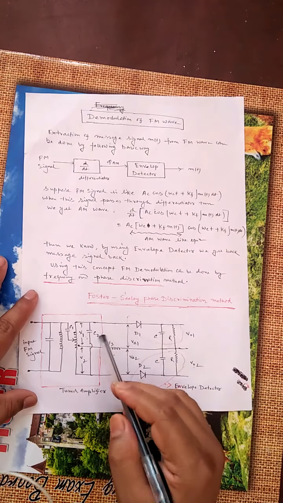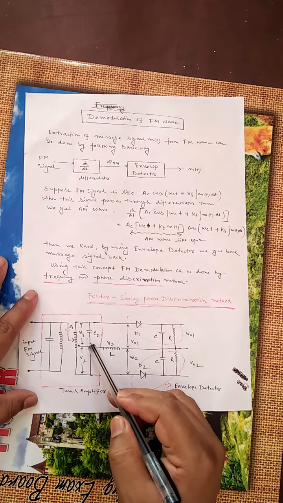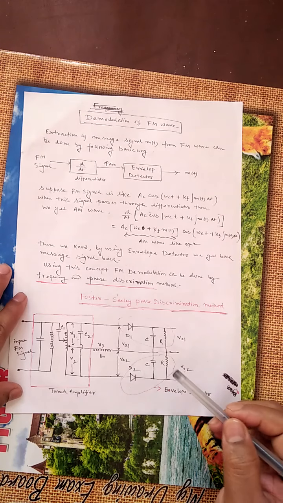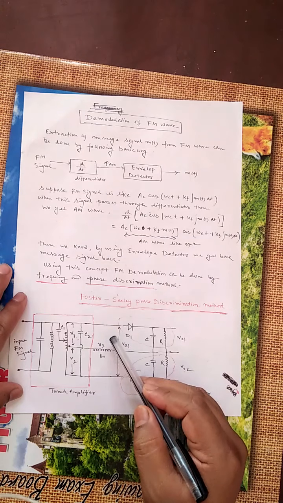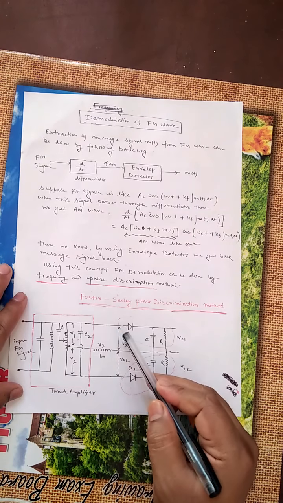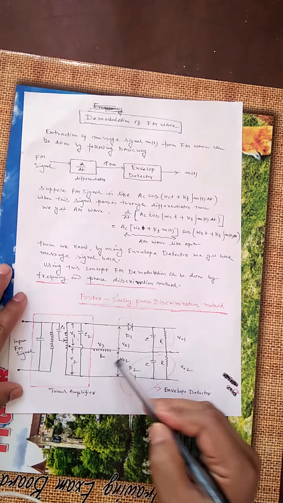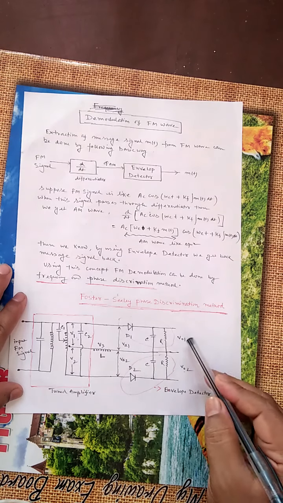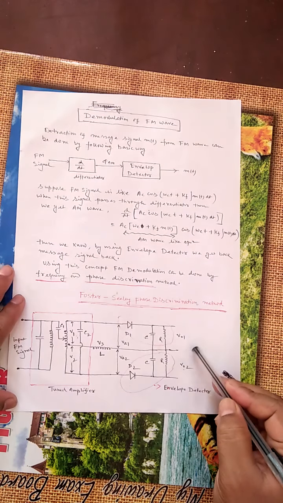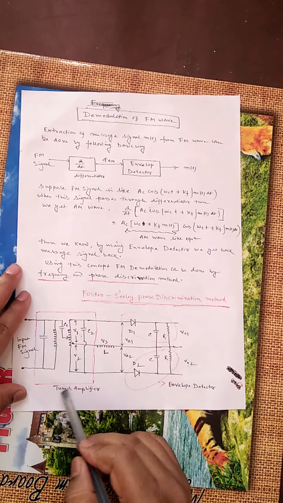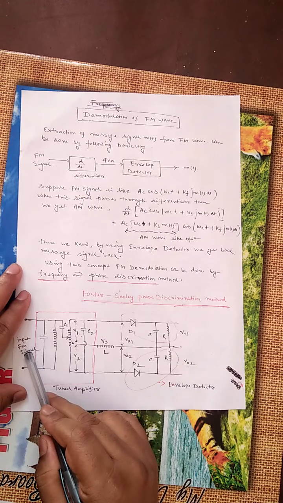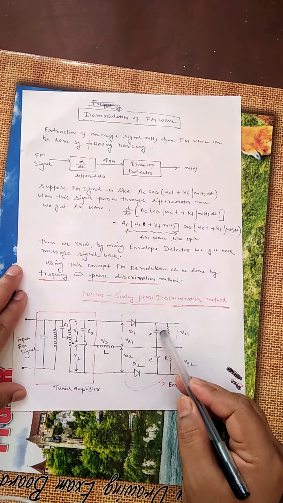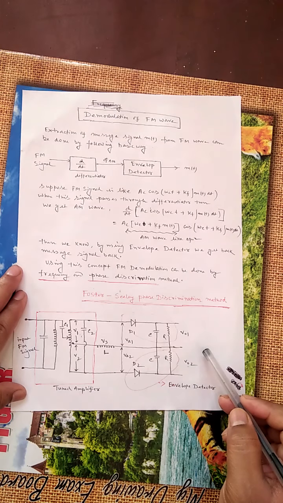Here the C2 capacitor makes the phase difference between V1 and V2. This circuit operation is based on the phase difference at the input of diode D1 and diode D2. As the phase difference takes place, the input amplitude also changes, so the output voltage also changes. The main function of the tuned amplifier is to convert the input FM signal to the AM signal. Then this AM signal passes through the envelope detector, and our message signal gets back.